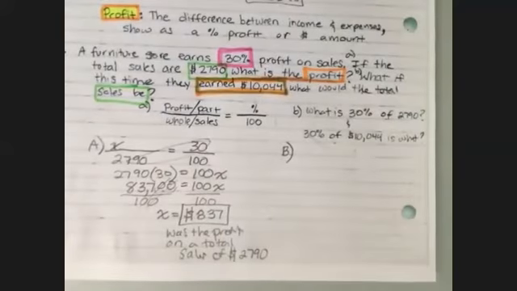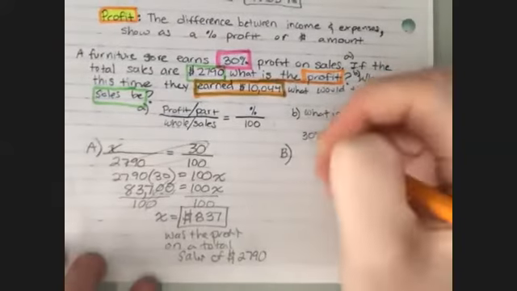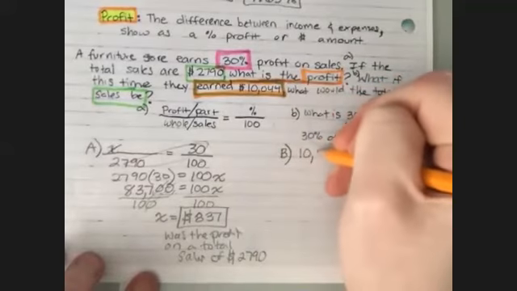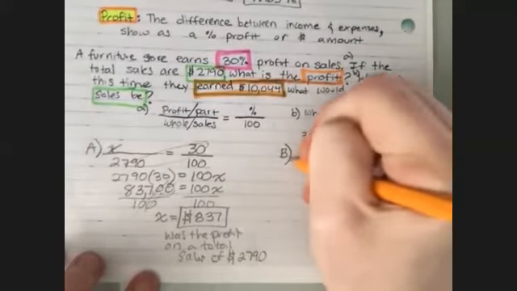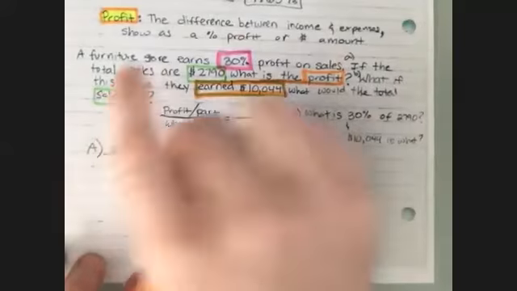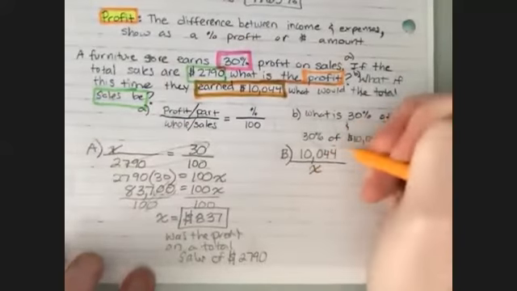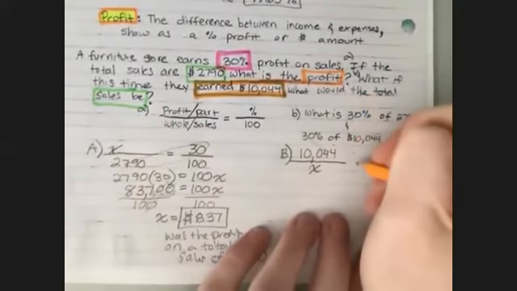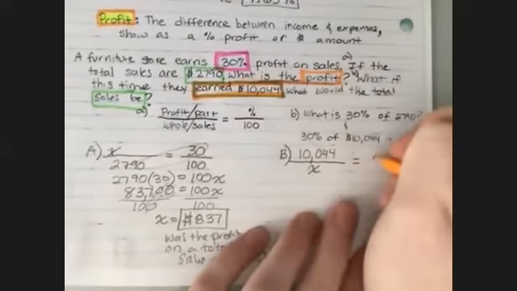There's no one ever going to pay you more than what they're going to charge. So your earnings have to be a part. So right now I know part over whole. So my earnings, this is how much profit I'm going to make, and my sales is my X. And then that would be your given, because that's your hint, equals 30% is being used